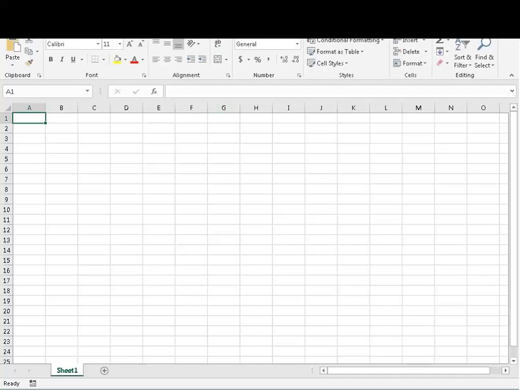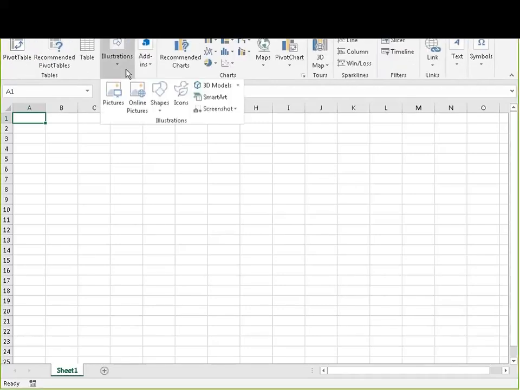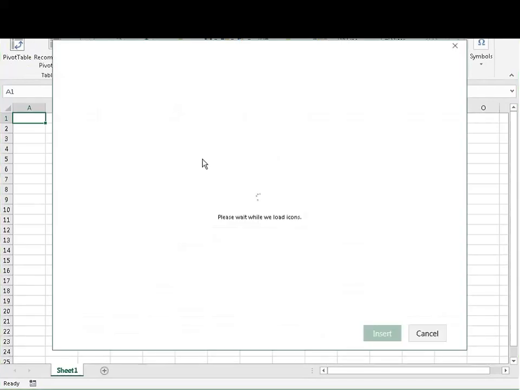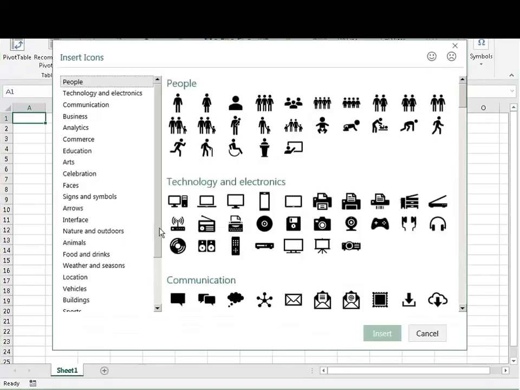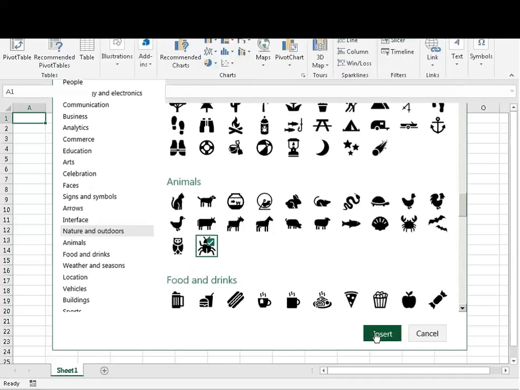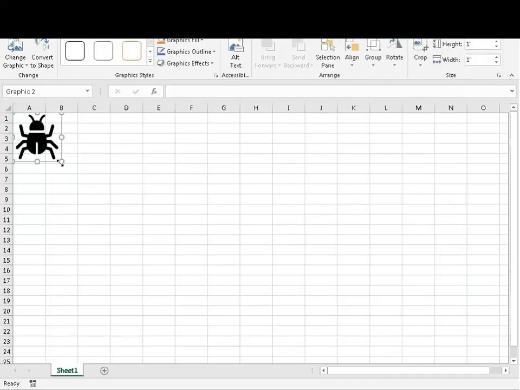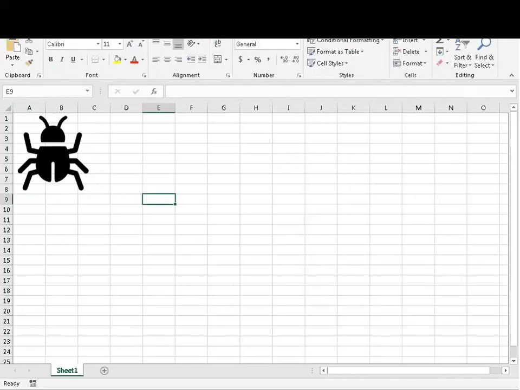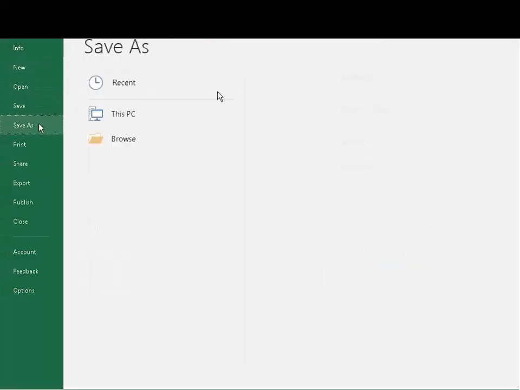So I wanted to create an emoji. If I go to the Insert menu, under Illustrations, there's a choice for icons. And so, a wide variety of these. We'll go to the Nature and Outdoors, and again, we'll add a bug to our spreadsheet. We'll click Insert. So here is our bug. If we were to take this and then save it to our desktop,